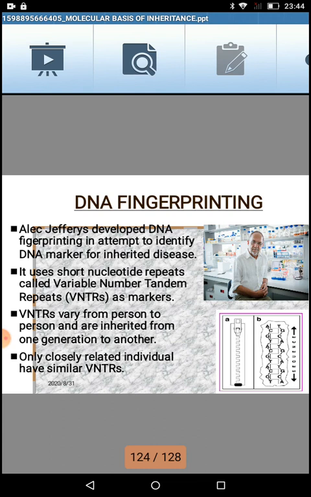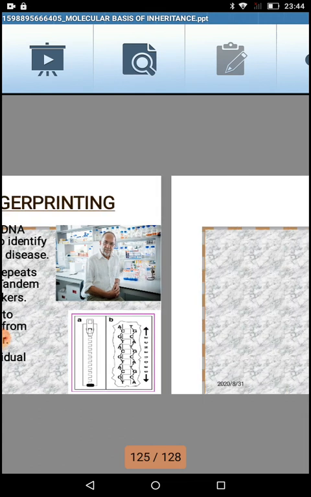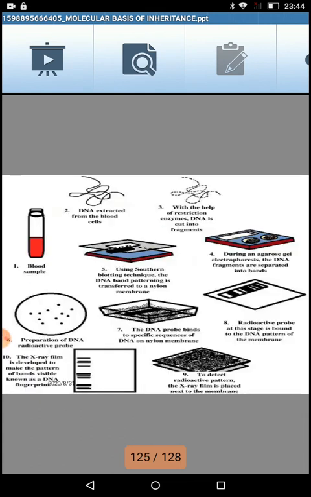Now when we go into the methodology of how DNA fingerprinting is done, you can see the diagram, but I'll just tell the steps. First is the isolation of the DNA. Second will be separation of the DNA with the help of electrophoresis. Before that, even the cutting of the DNA has to take place. Then blotting on the nitrocellulose membrane. Next one, hybridization with radio-labeled VNTRs, and use of autoradiography to identify the radio-labeled VNTRs. These are the steps. Now we look into the diagram.